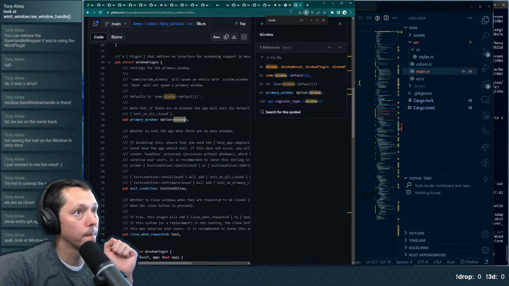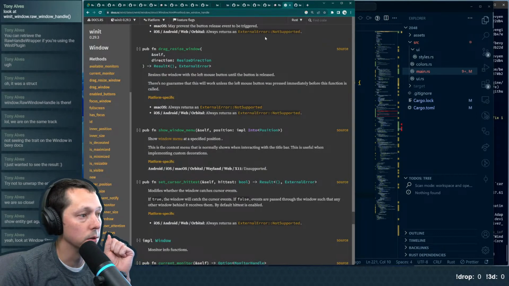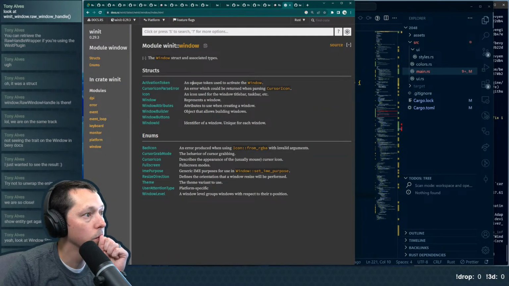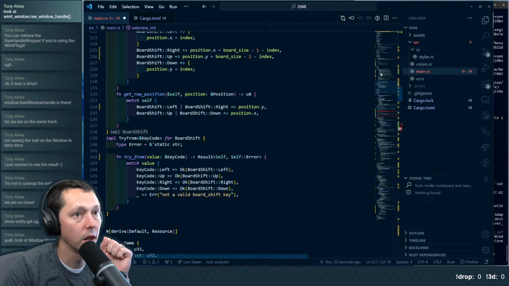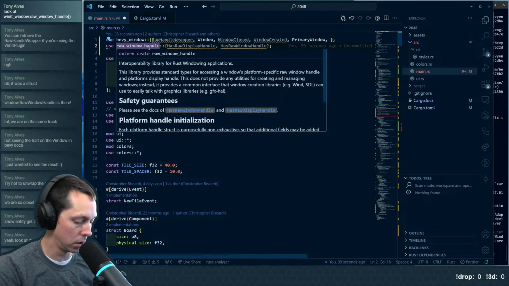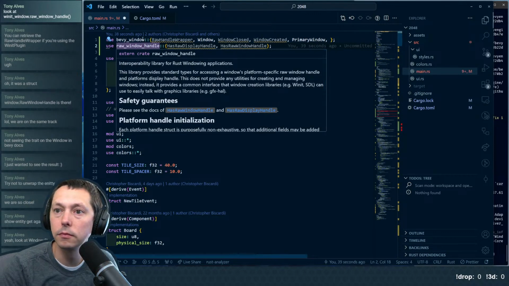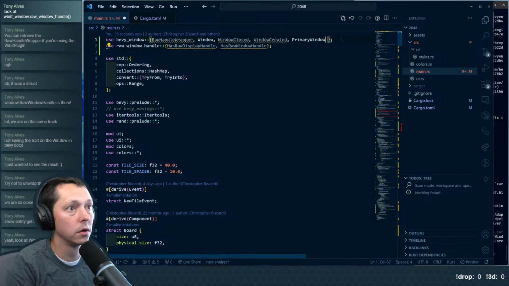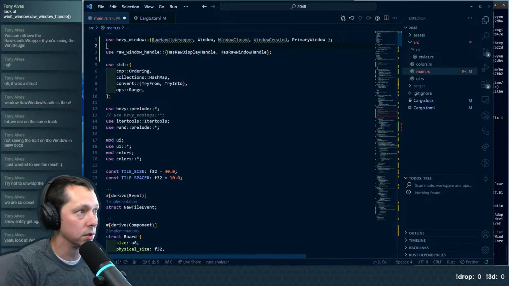So is entity like a Winit thing? I mean, would we do something like, it feels like it should be re-exported here. It seems like they got the pieces, but